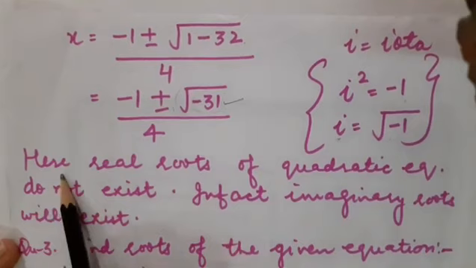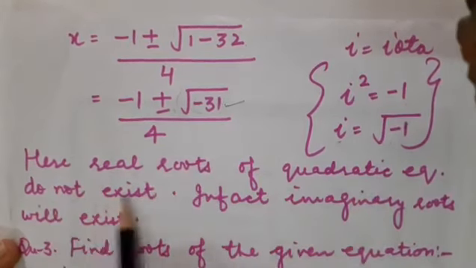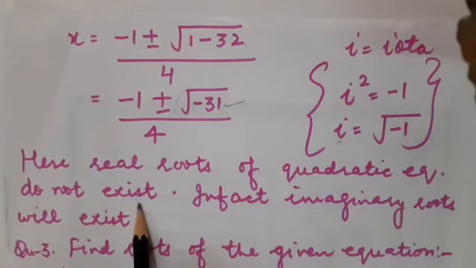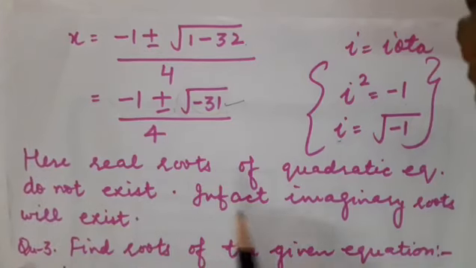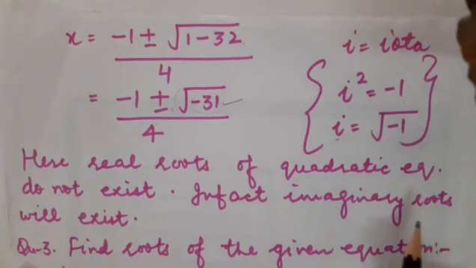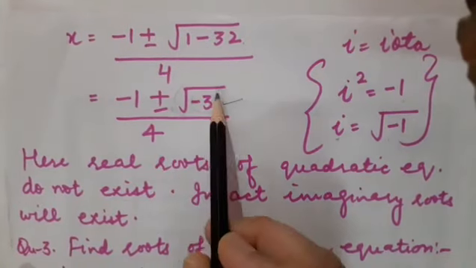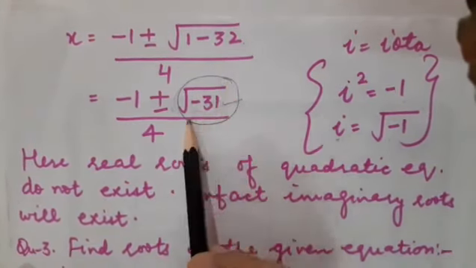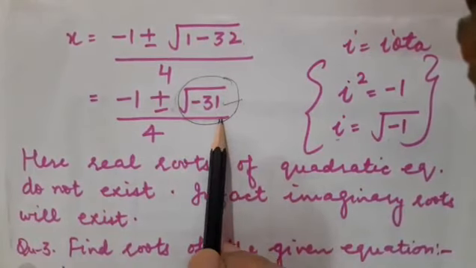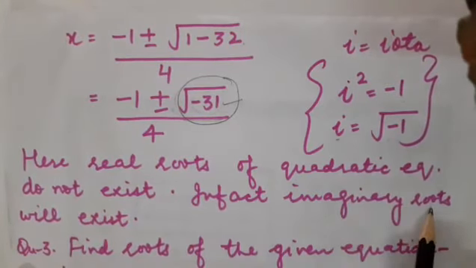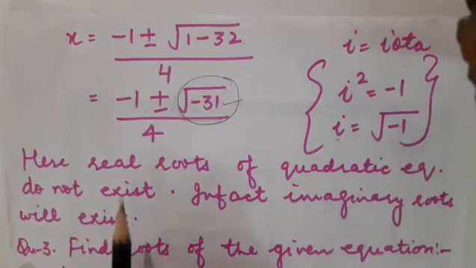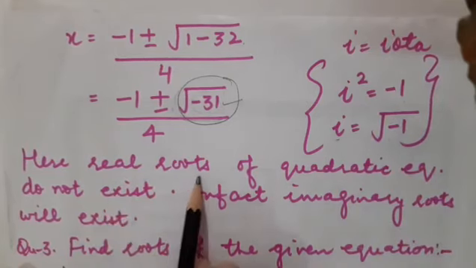Correct, children? So here real roots of the quadratic equation do not exist. But in class 10th we will be learning about real roots only. Fine. In fact, what kind of roots will exist? Of course, imaginary roots will exist. What was the question? That if real roots exist, then you have to just tell what will be the values of x. Means you have to just tell the solution of the quadratic equation. But here through this we came to know that the real roots are not going to exist. So imaginary roots are existing. It means what would be the answer of x? Means we cannot solve this equation to come to know about the real roots.